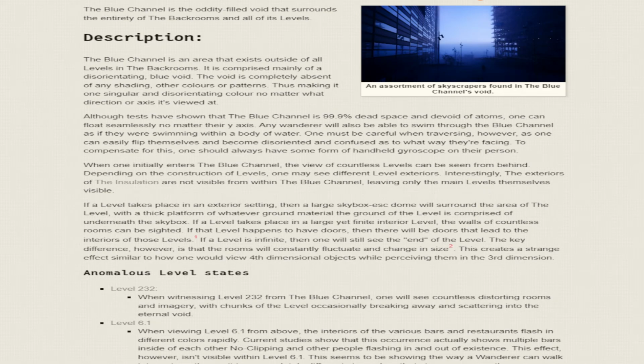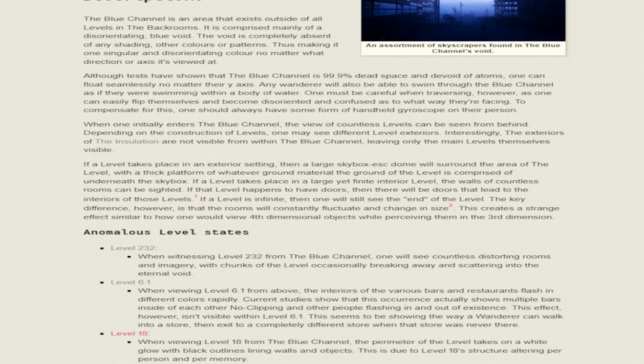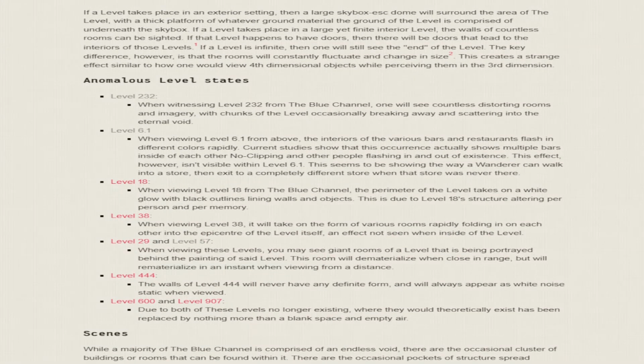When one initially enters the Blue Channel, the view of countless levels can be seen from behind. Depending on the construction of levels, one may see different level exteriors. Interestingly, the exteriors of the insulation are not visible from within the Blue Channel, leaving only the main levels themselves visible. If a level takes place in an exterior setting, then a large skybox dome will surround the area